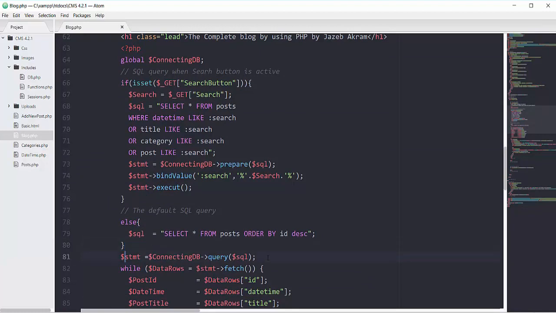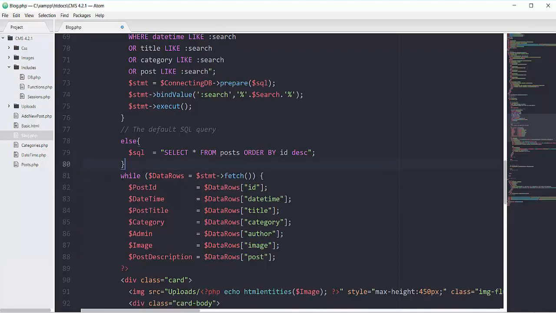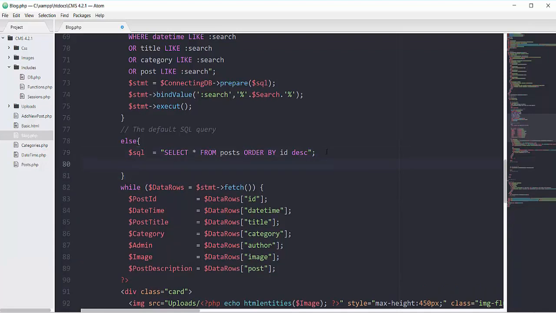We have to do a little bit of modification here, because for this else block, we have this HTML that is using the query method. So I'm going to cut it from here and put that query method here in the else block, because here we have this STMT that is using the execute function, and here we have this STMT that is using the query function. And then this STMT will be used here as a fetch, no matter which type of function we used to run our query, like we did execute here and query here.